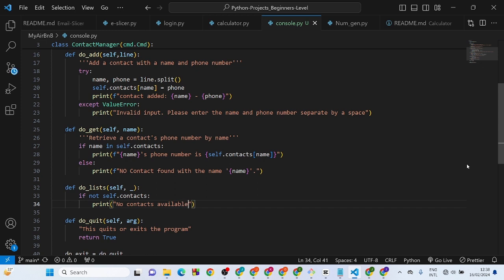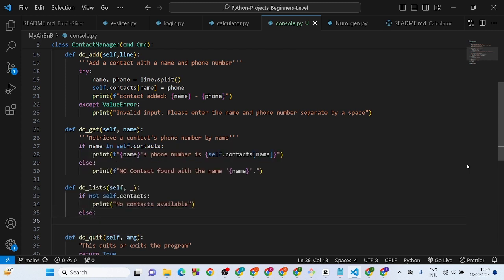Okay, then if that is not the case, we'll print: for name, phone in self.contact.items,